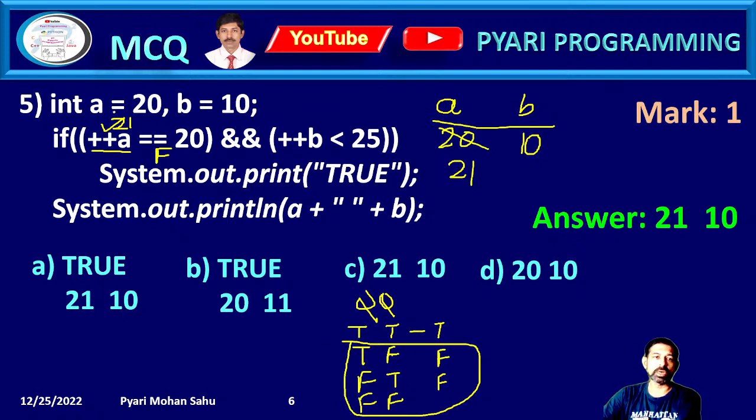So here the first condition we got false. So that's why it is not going to evaluate the right part, because obviously the result is going to be false only. Because it is false, it is not going to execute this one. So it will come out of this and will display System.out.print A, where A value is 21 and B value is